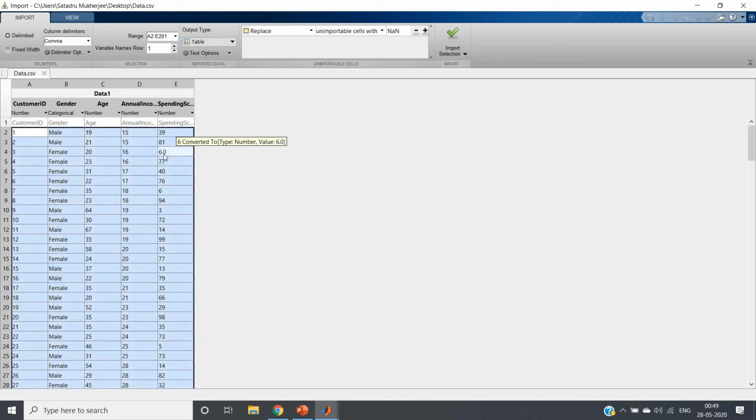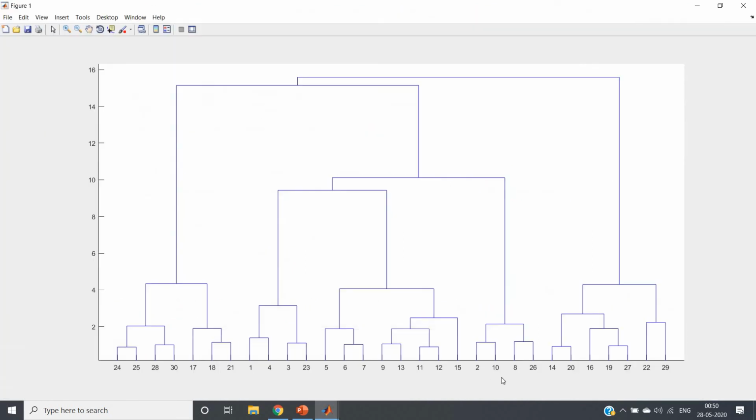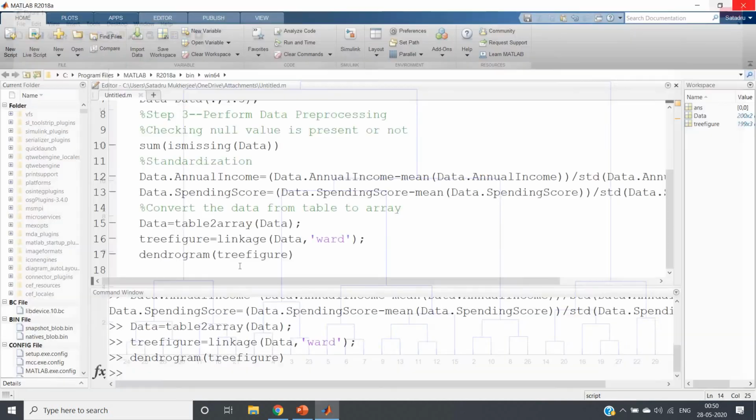So this dataset has no labeling. Then how is it performing? MATLAB is giving labeling on its own. No need to worry about anything else. Like 1 means the first row, 4 means the fourth one. Like that it is performing labeling. Alright. So this is what our dendrogram visualization is about.